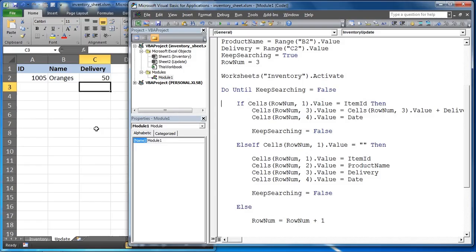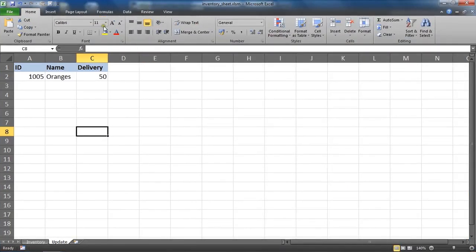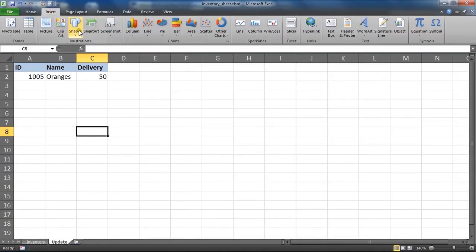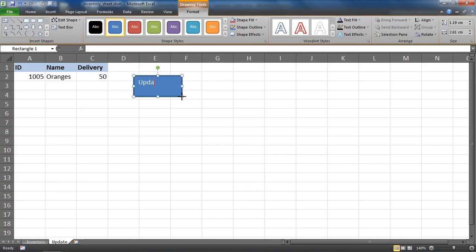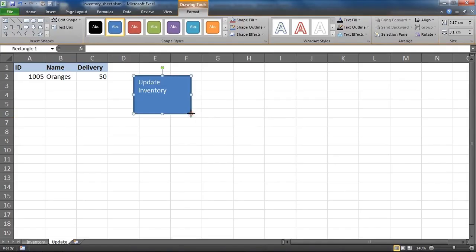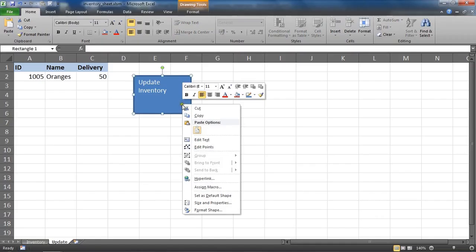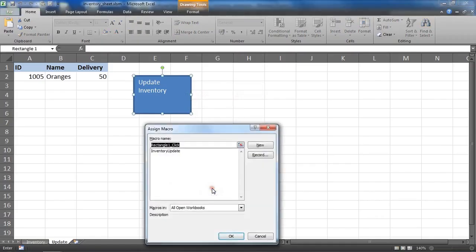Right, let's come out of this editor. I'm going to maximize this window, and I'm going to insert a button, or a shape to be precise, on my sheet here that's going to update inventory. I'll leave it as that for now. I won't bother formatting it. I'll tell you what, I will make it bigger. I want to see the words. Right, it's a bit of a rubbish looking button, but that'll do. And I'm going to right click and assign our inventory update macro,